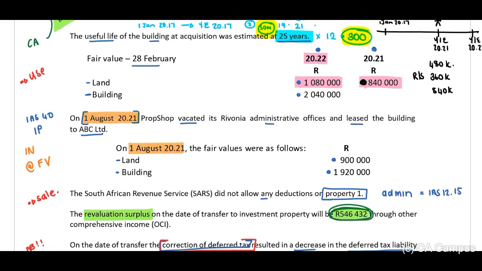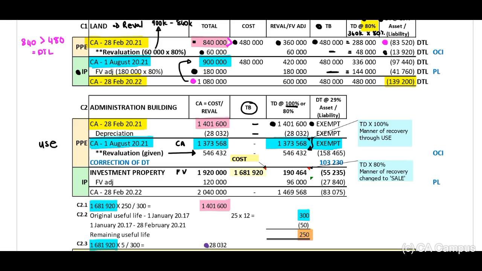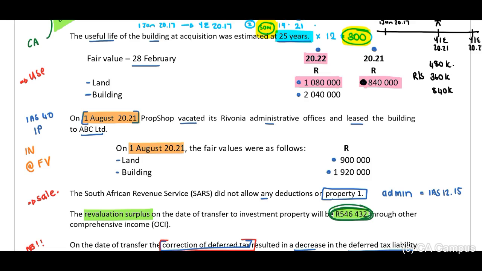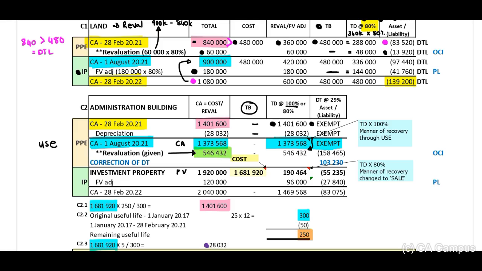546432. Look at this, guys. Right. Therefore, this is our revaluation adjustment, but you would have been able to calculate this if you had to include only your fair value, which is the 1920000, which they've provided to us. If you look at this, our fair value on 1 August 20.21, 1920000. Therefore, again, on date of transfer, determine number one, what is the carrying amount in terms of your PPE, and what will the fair value be on date of transfer, and that difference will be your adjustment. Right,